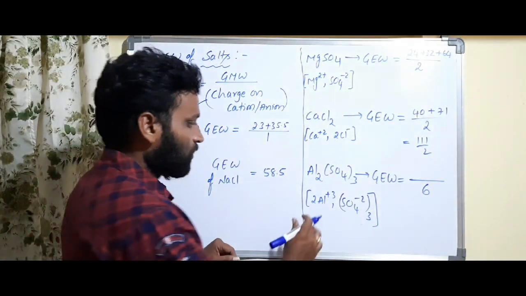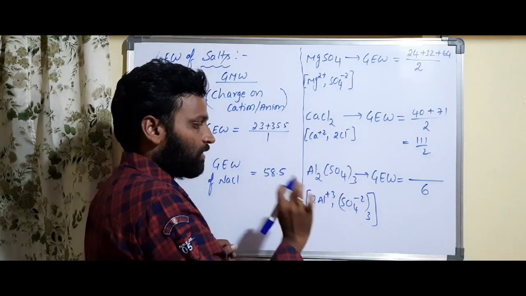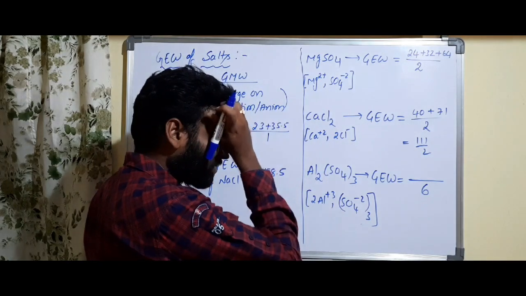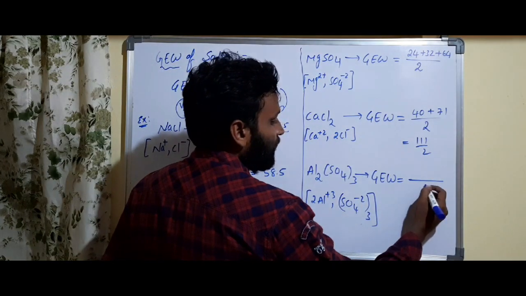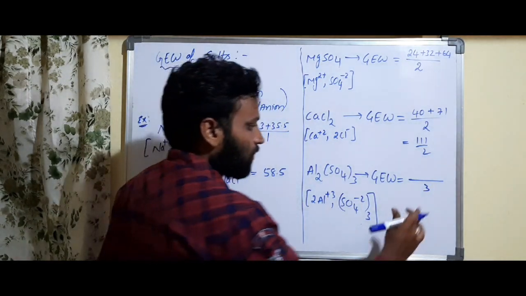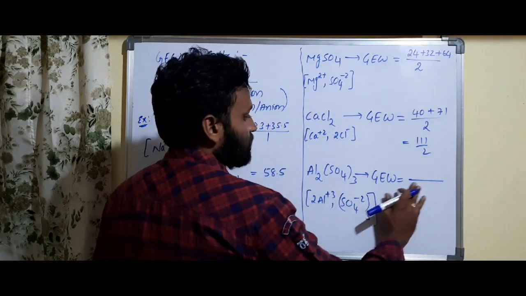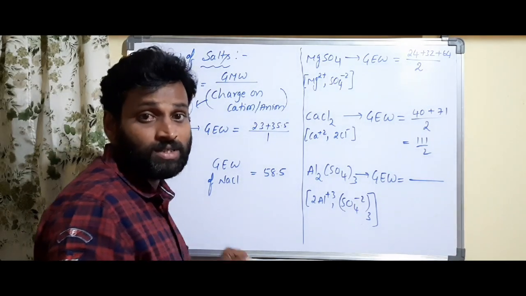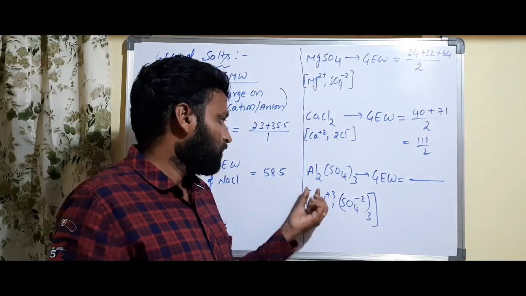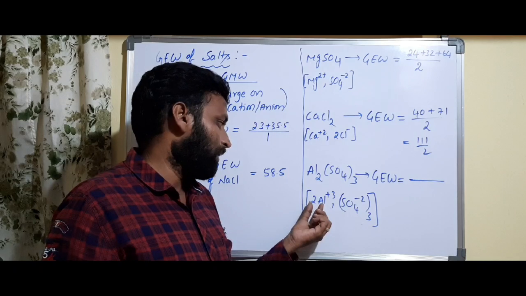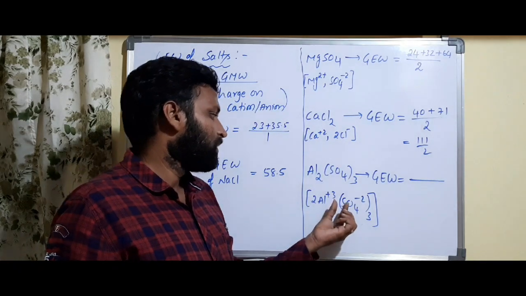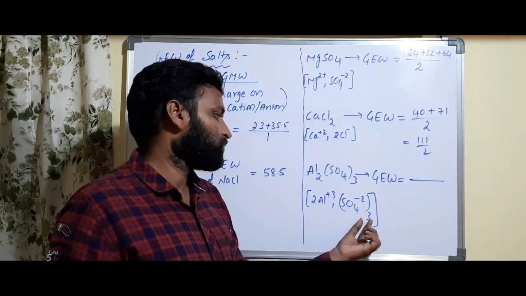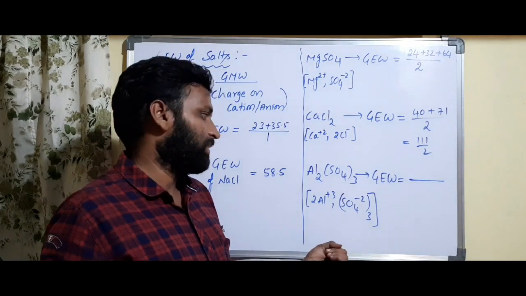Getting what I am saying? So 2 × 3 is the total charge we have. Sir, only +3 we have to take. No sir, then few people will take 3 here. It will be wrong. Total charge of all ions, all in the sense all cations or all anions, we have to consider. All cations means 2 aluminium +3 you have. So 2Al +3 and SO4 -2, and whole thrice you will have.